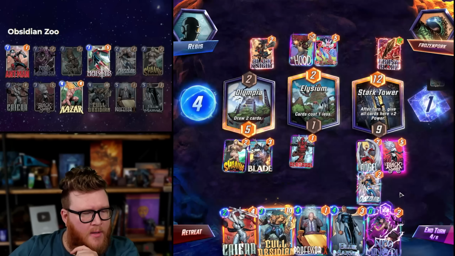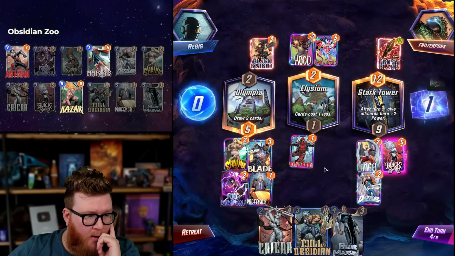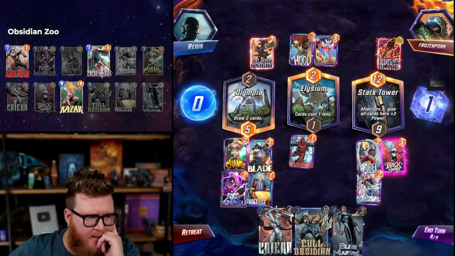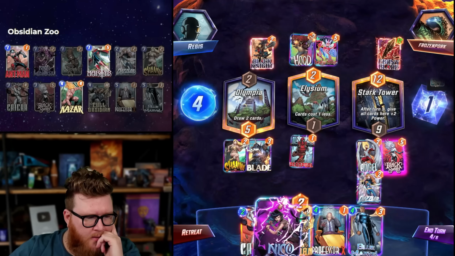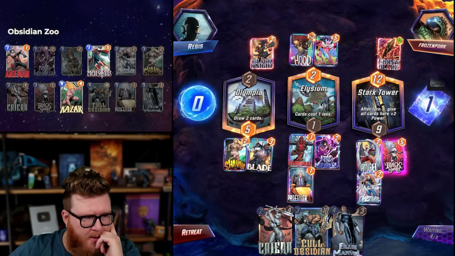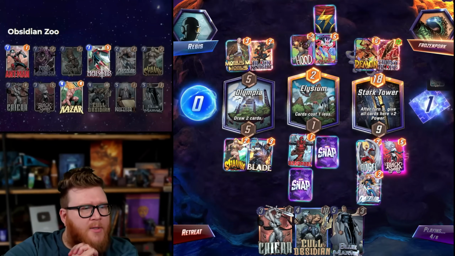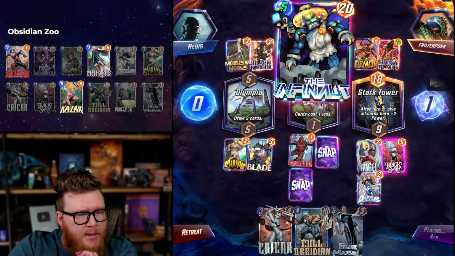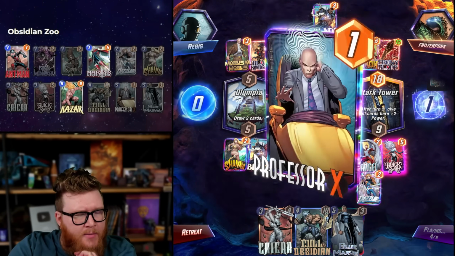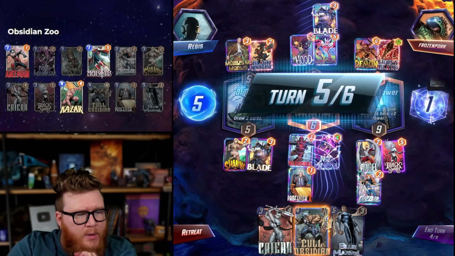Just go Nico and a Professor X here, and then try to win one of these with a big Cull Obsidian, you know? I think we need to get a little sneaky almost. I just don't know where to get sneaky, you know? Maybe it's here. Uh-oh. 3 cards played. Oh, Mobius turning off Elysium. Are we big enough mid after Blue Marvel? This goes to 4, so we're definitely big enough. But we just need to be able to win